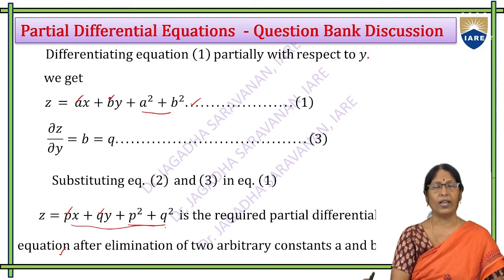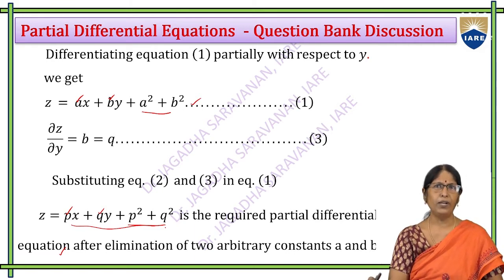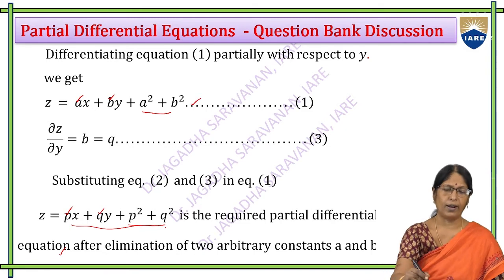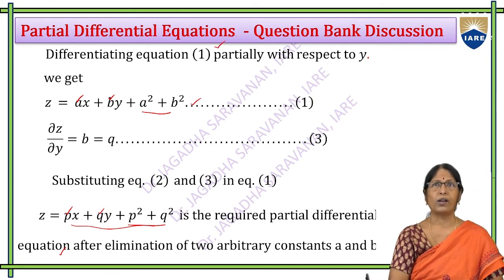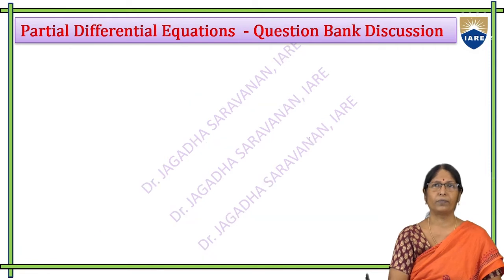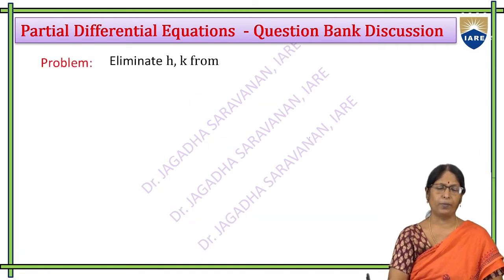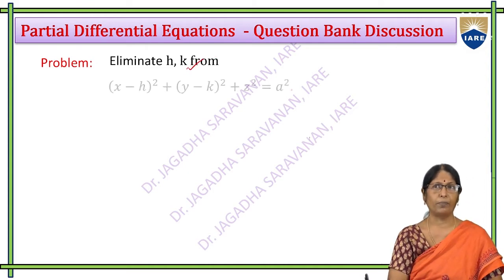the constants are eliminated. In a similar manner, this is a question from the question bank. Other questions are also prepared in the question bank in a similar manner, satisfying Bloom's 3 levels. The third level is apply. Based on that, 90% of the question bank questions are prepared regarding this Model 5, partial differential equations. So the next problem given here is: eliminate h, k from